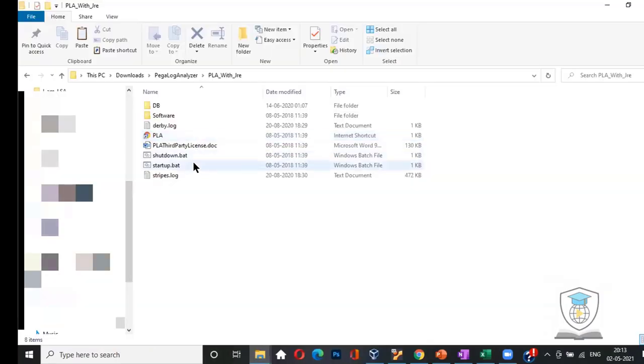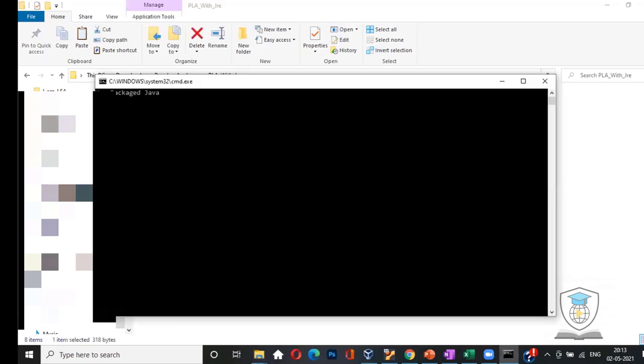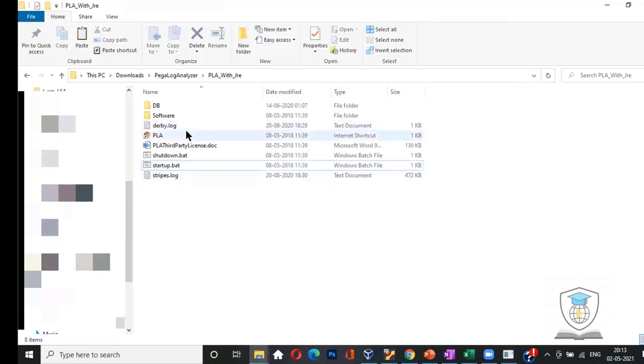Finally, I got one log file, and I will show you how this works. But this is not exactly the alert log file. These are Pega log files, so you will be able to correlate with it. I have the Pega log analyzer with JRE. I will start it. Now PLA has started. On click of PLA, it will take me to this URL, localhost, a port name, and PLA. It will start in a minute.